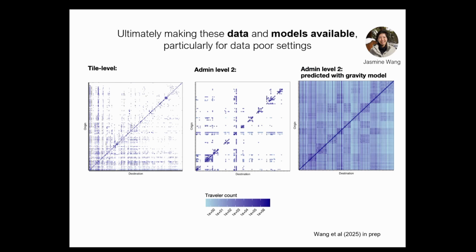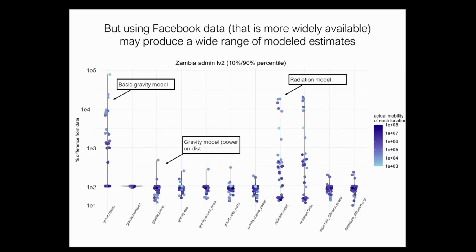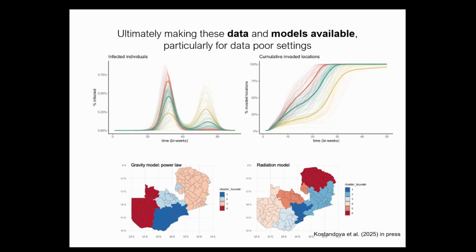So Jasmine has been fitting Facebook data or survey data or mobile phone data to all these different countries and trying to look at how different those estimates are with different structures of models. Oftentimes you get very different estimates based on what kind of model you're using. So this is just a subset of all the commonly used models that are like that gravity model, and you can get really, really different estimates in terms of how many people are traveling and how different that is from the data, based on the model structure that you're using.